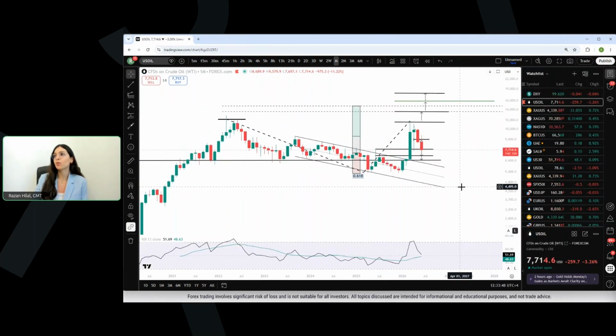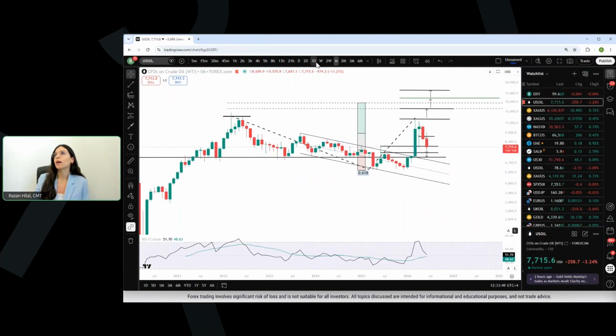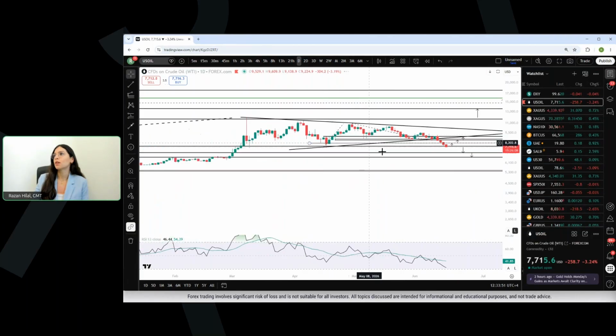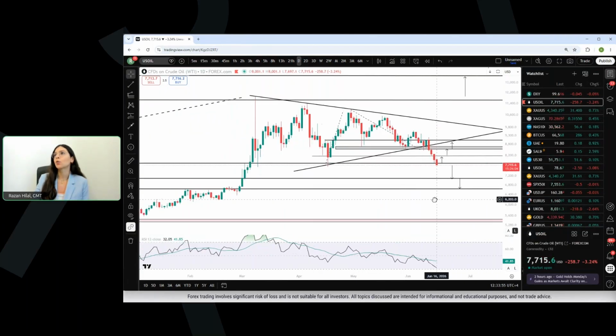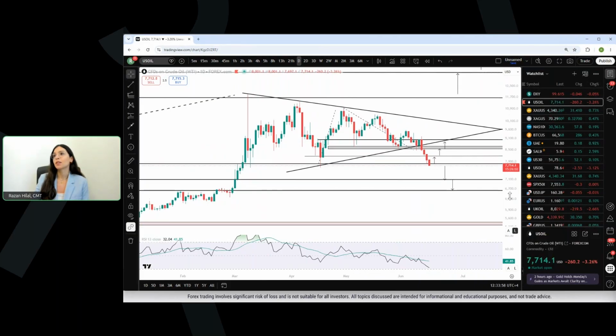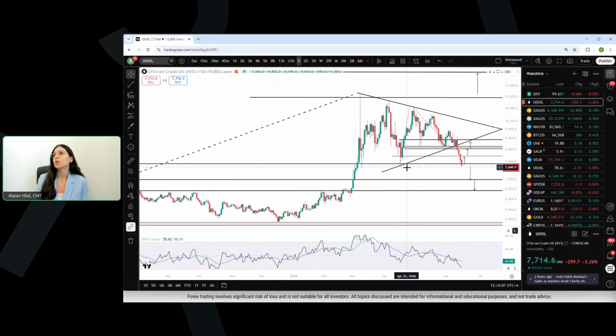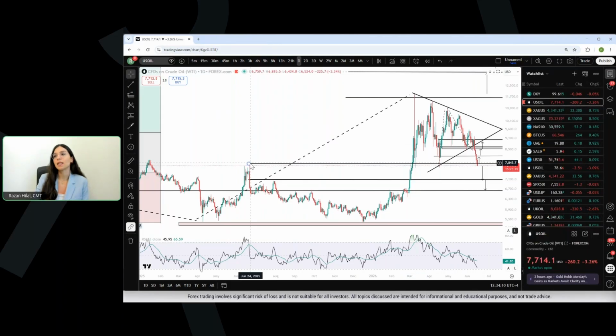Now, if we jump next to the crude oil chart, which is tracing significant drawdowns as a result of the increased optimism for the opening of the Strait of Hormuz on Friday, relieving pressure across global crude oil prices, and of course the overall inflationary impact across global economies. Over here we have crude oil retesting the 78 support, previously mentioned. This support zone now aligns with the highs of last year's Middle East conflict that also involved the US, Iran, and Israel,